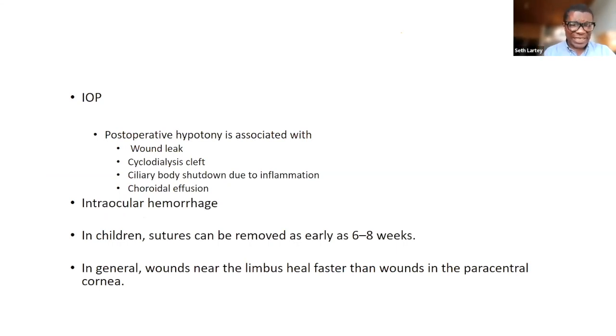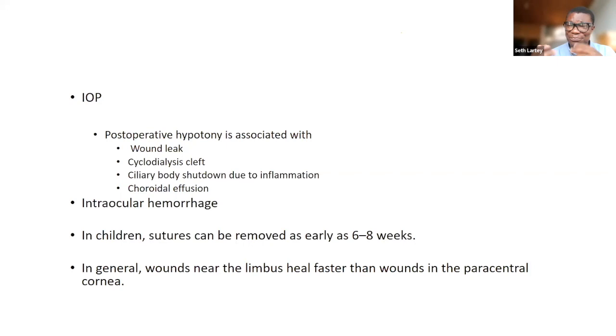If there is low intraocular pressure, post-operative hypotony, then look for a wound leak. Cyclodialysis cleft can cause hypotony, as can ciliary body shutdown because of trauma and inflammation, or a choroidal effusion. There could also be intraocular hemorrhage, which can cause the pressure to rise, but in itself can cause poor